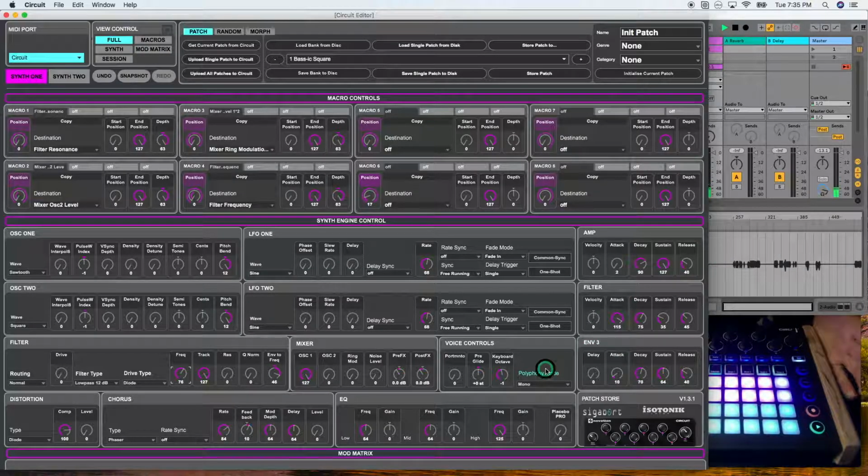To give you an example of this, I'm going to set the envelope to frequency at max, and I'm going to turn up the attack on the filter envelope really high. The frequency here is set at 70. If I play a note, it will slowly come in to the full filter cutoff that I have set.